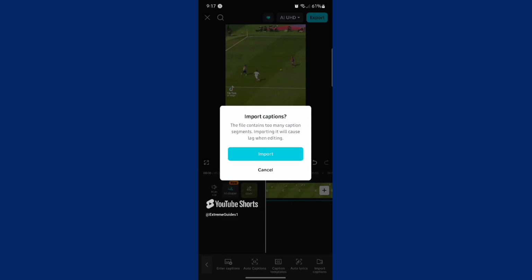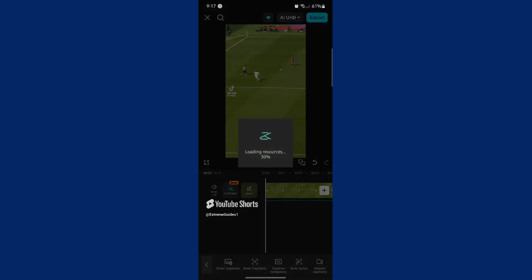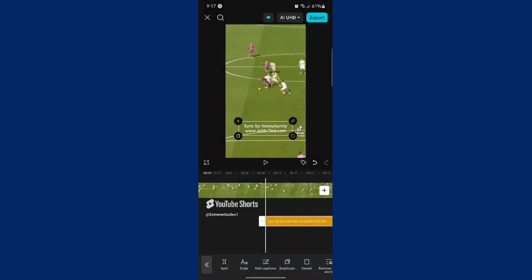CapCut will place the captions on a track aligned to the timing in your file. Press play to preview and check that the text appears at the right moments. If the captions look slightly early or late, that's often due to differences in frame rate or the way the original file was timed. You can make minor nudges or trims later if needed, and you can also adjust the style such as font size, color and background right within the captions tools, so your subtitles are easy to read